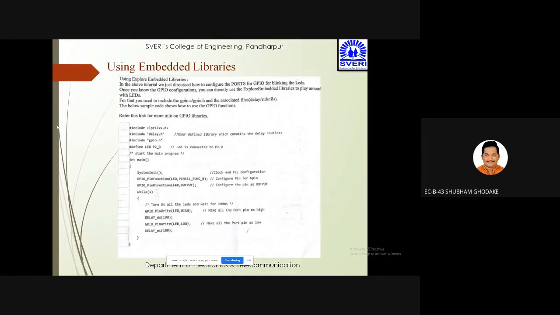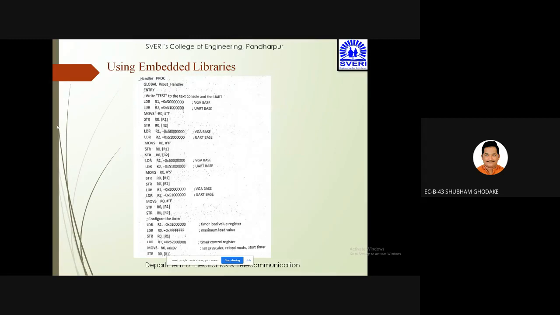And once you use the libraries, then GPIO functions can be defined as configure pin for GPIO and then configure a pin as an output. So देखो यहाँ पर GPIO को डिफाइन किया गया और उसके बाद में फिर आपके configure the pin as an output। Now in while case में यहाँ पे GPIO को पिन राइट किया, मतलब सारे पोर्ट्स हाई हो गए, बाद में डिले दिया, बाद में GPIO पिन राइट किया, ऑल द पिन्स को लो दिया और फिर डिले किया। तो डायरेक्टली हमने कैसे यूज किया है, डायरेक्टली हम उस फंक्शंस को यूज कर रहे हैं क्योंकि वो फंक्शंस ऊपर डिफाइंड किया है लाइब्रेरी में। So this is an example of using the embedded libraries to write down directly the syntaxes.